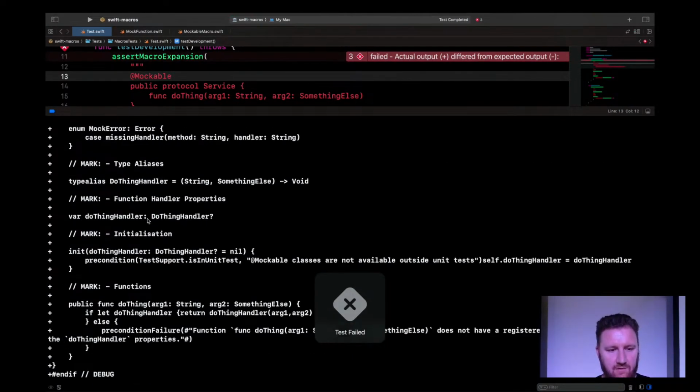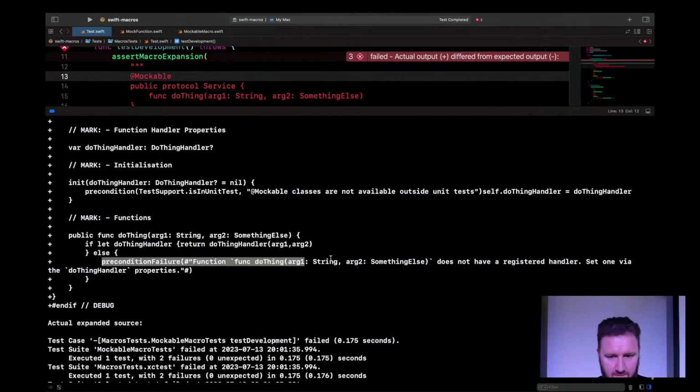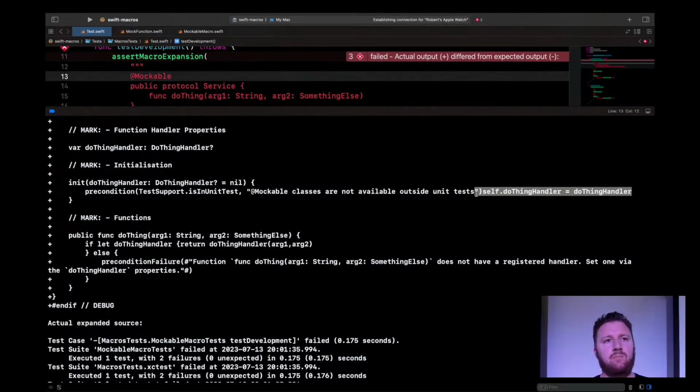Okay, so it hasn't errored, but you'll see that for some reason it's up here. For some reason it's now on the same line as the last declaration, or the last statement. It hasn't put the new line in there, there's no semicolon, that's a compiler error. But it's not a compiler error on the SwiftSyntax macro generation side, it's a compiler error in the generated code